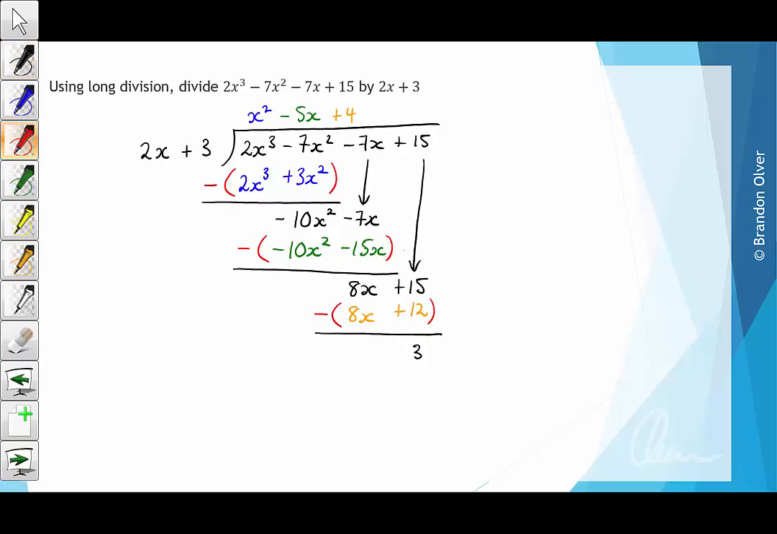So this term here is known as the remainder. And as it does not equal 0, that means that 2x plus 3 does not perfectly divide the polynomial, which means it is not a factor. Nevertheless, we can write out the quotient,